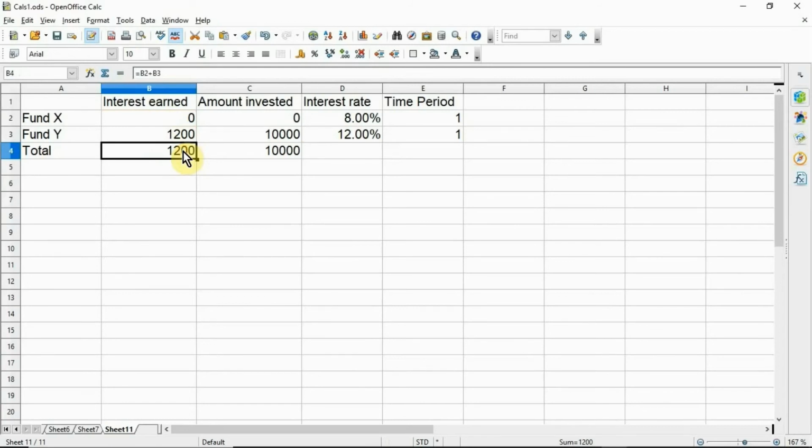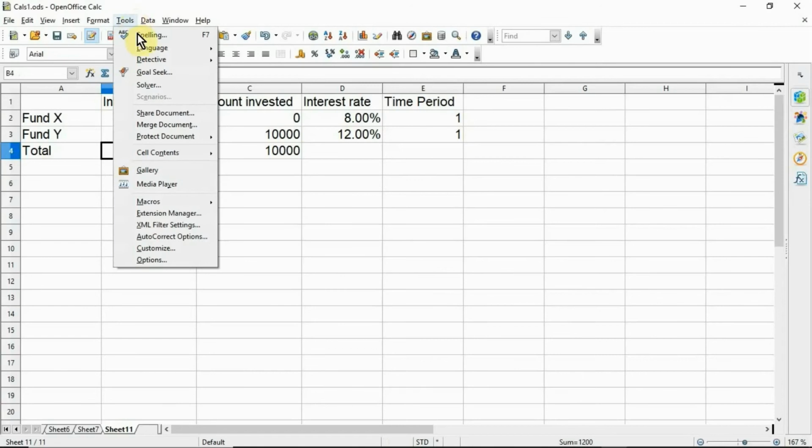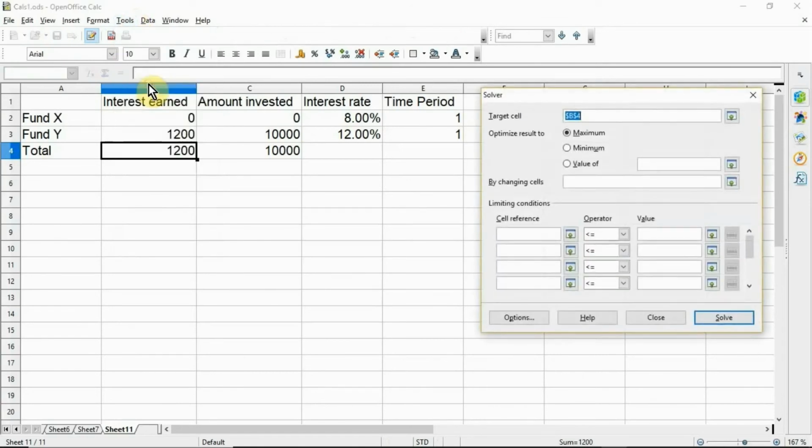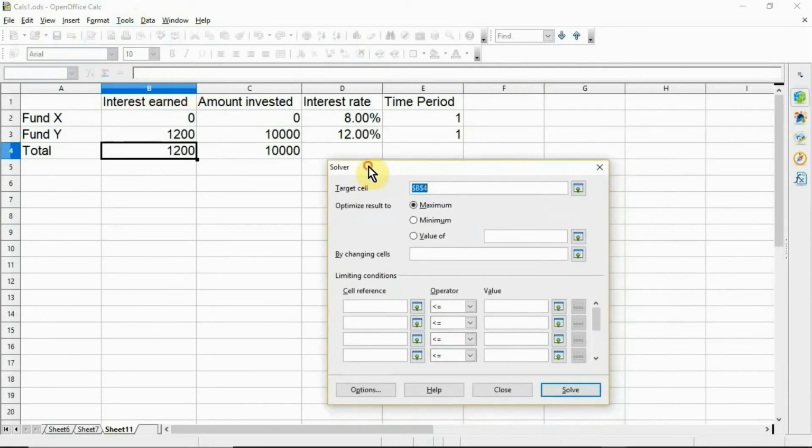Then select the B4 cell and then click Tools and then click Solver. The Solver dialog box will appear. Click the target cell field. The target cell field is B4 in this example, containing the total interest value.